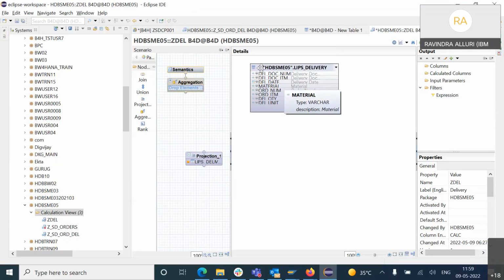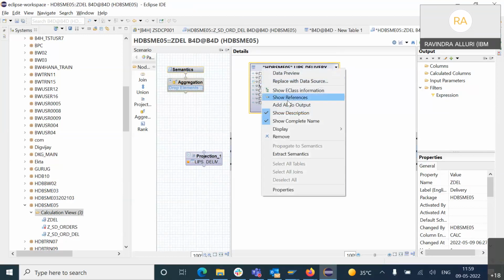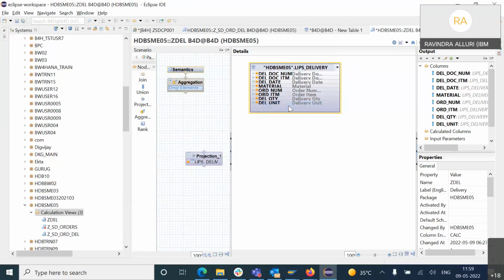I want to use all these fields: delivery document number, delivery item, delivery date, material number, order. Here I have an order number and order item, right? With this one, I can join with the sales order, which are generated